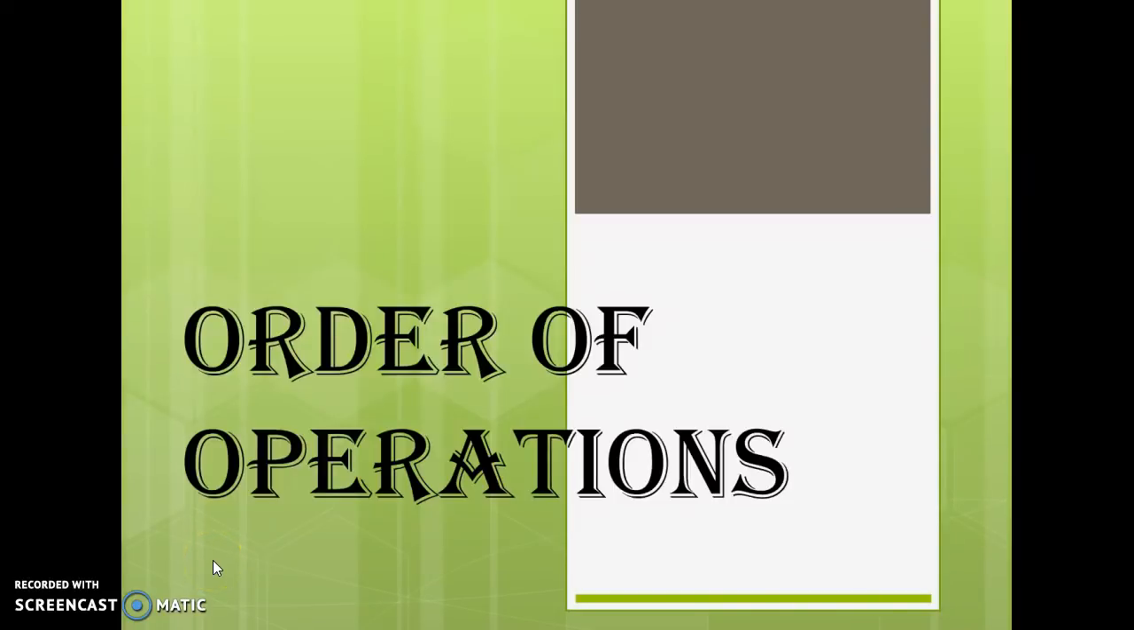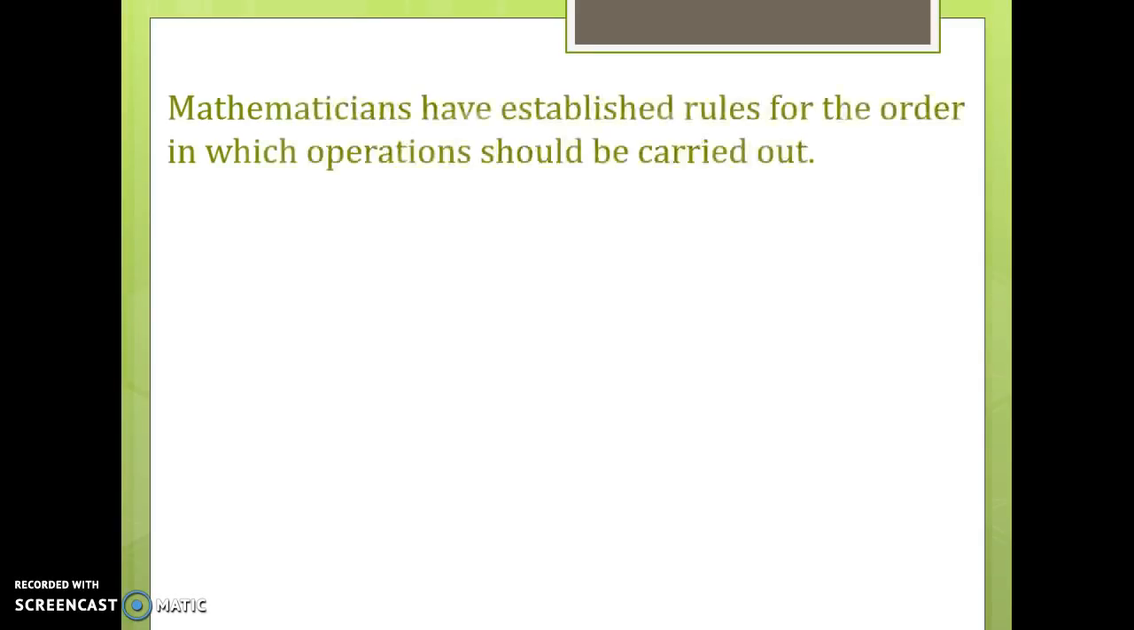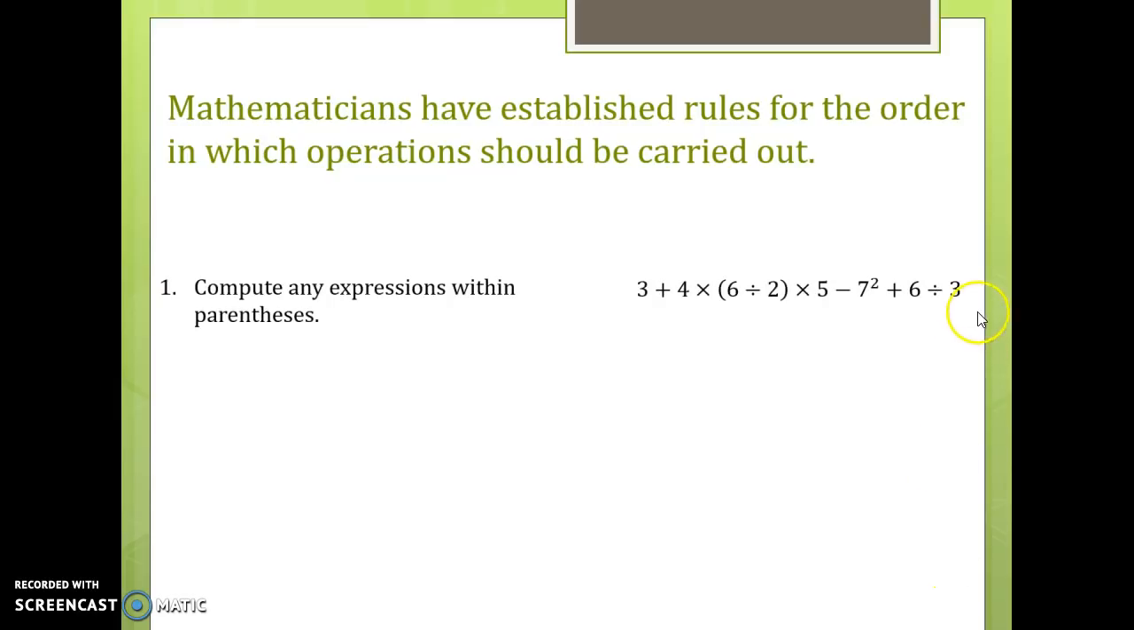Today we are going to talk about order of operations. Order of operations is pretty much a set of rules that mathematicians established in order to solve problems. They just decided in which way all operations within a problem should be carried out. So if we have this problem here, you can see there are a lot of operations there: additions, multiplications, subtraction, division,